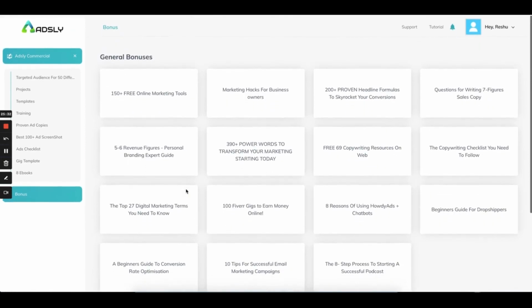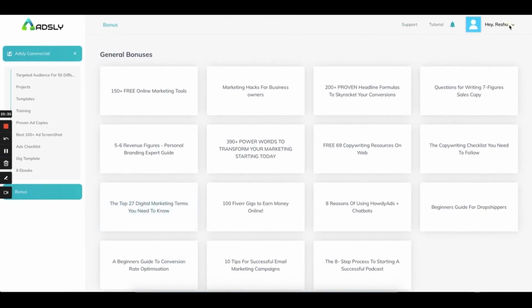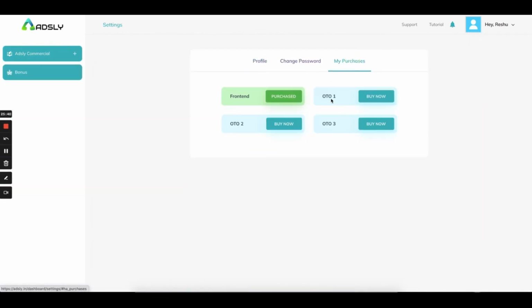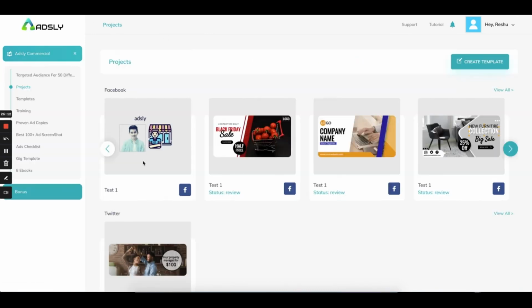If you wish to have access to all the upsells, it is very easy for you. You can simply go to the settings section, my purchases, and you can buy it from here. When you click on this button, you will be taken to a page where all the features which we are giving inside all the upsells will be explained to you. We also provide a template club access in the upsell, where you are getting 20 highly converting templates for the next 12 months. So each month 20 templates for the next 12 months. Isn't that amazing? So this is what Adsly is,